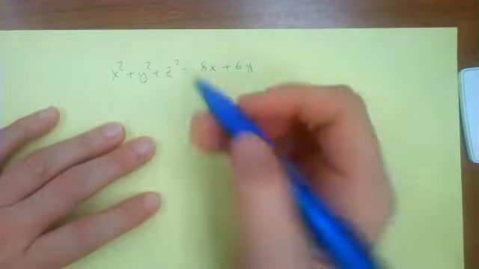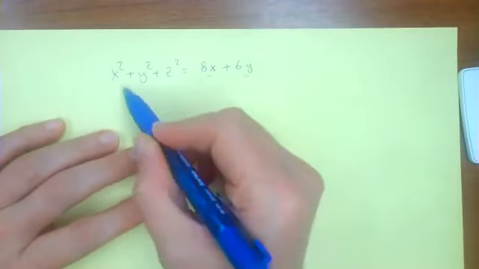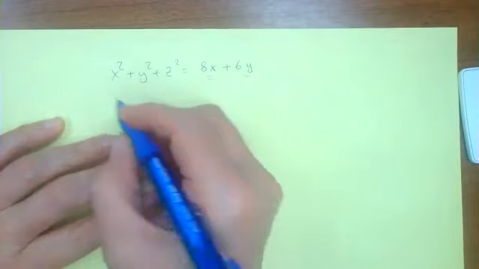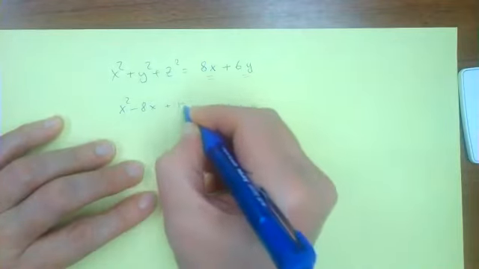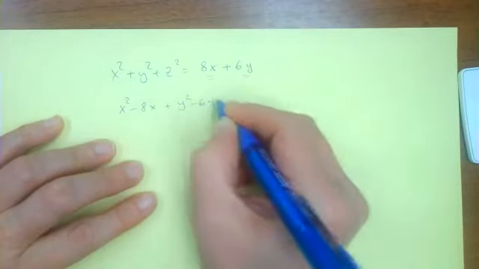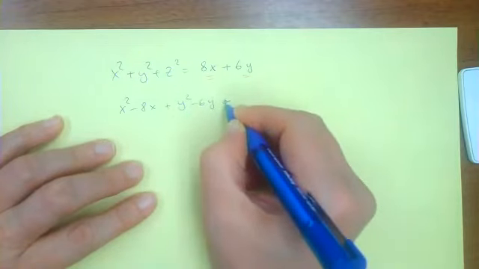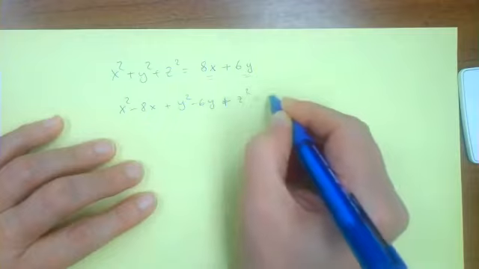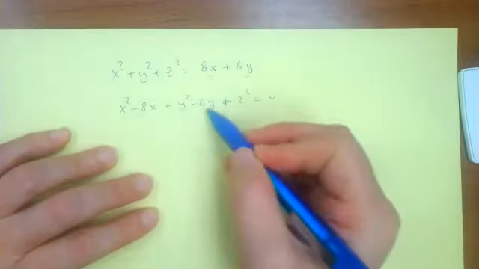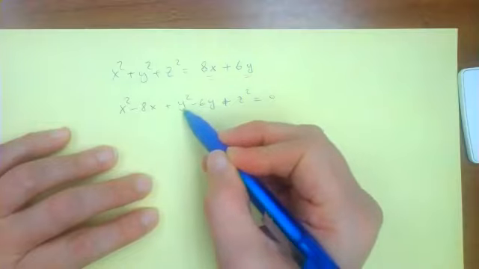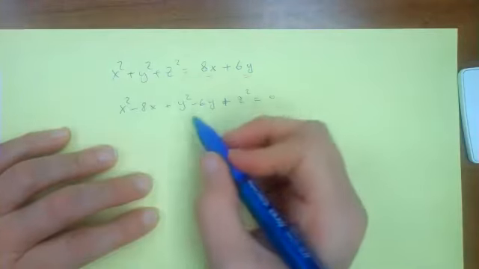So I have to find that shift. For that, I have to complete this square. So I'm going to subtract 8x, and I'm going to subtract 6y from both sides. Well, z squared is still remaining. And I'm putting the x term by x squared and the y term by y squared, because I know that that's how the